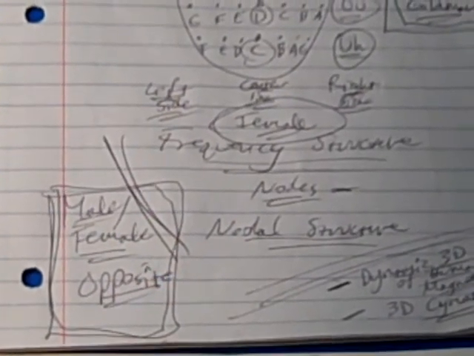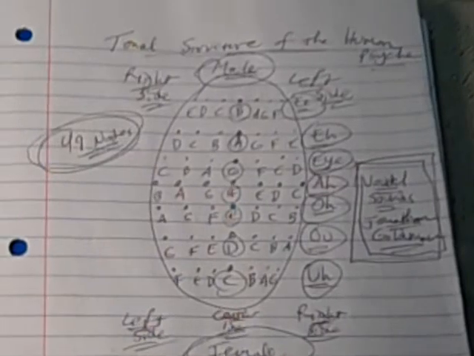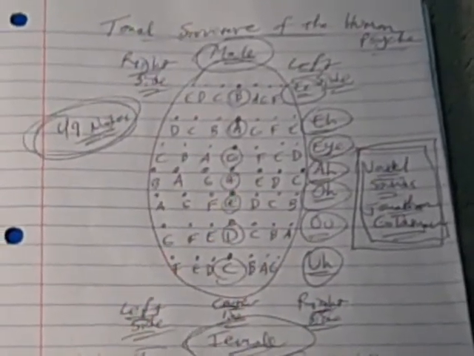There's a couple of points I wanted to note. Just as I noted in some of my magnetism videos, the magnetic spin structures of males and females, as far as I can tell, are mirror images. So likewise, the tonal structure of the human psyche of males and females should be opposite.